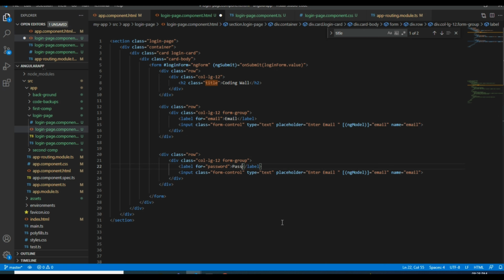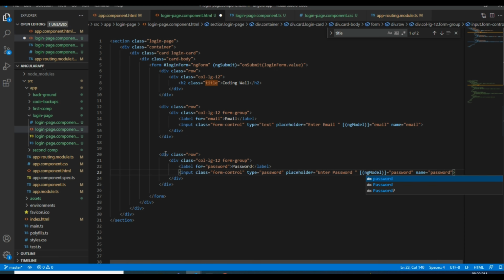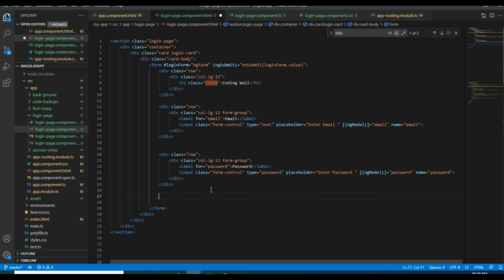We'll change it to password here also, password, this for password, dot password, and password. Okay, enter. Here I will give a forgot password also.